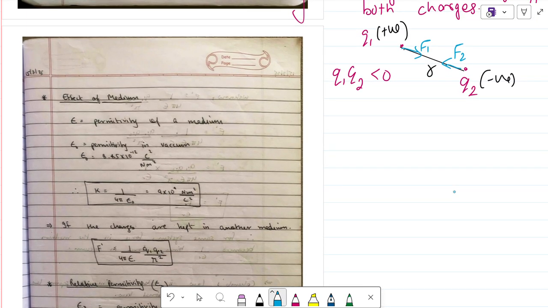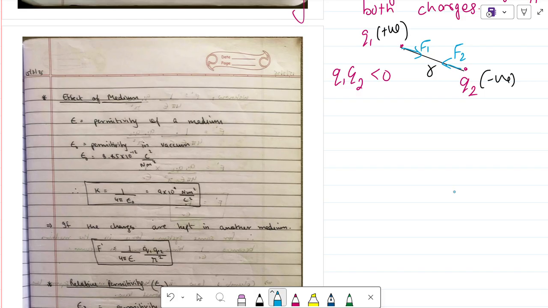So the force magnitude changes if the medium is changed, and for that we have taken a constant into account, which is the permittivity of a medium. Basically, permittivity represents how the field lines penetrate inside the medium. We will study the concept of field lines a bit later. If we don't go into the depth of permittivity, it's okay. We can just understand permittivity, in a simple line, as: the electrical force magnitude depends on the medium, and that consideration of the medium is taken into account in the equation using a constant, which is the permittivity of a medium,